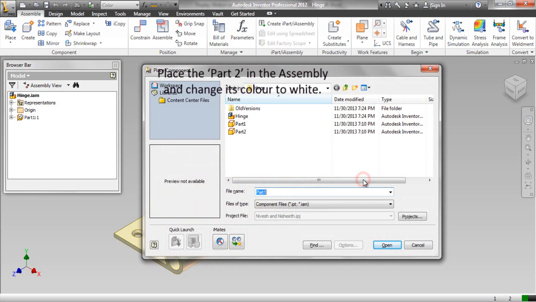Place part 2 in the assembly and change its color to white.